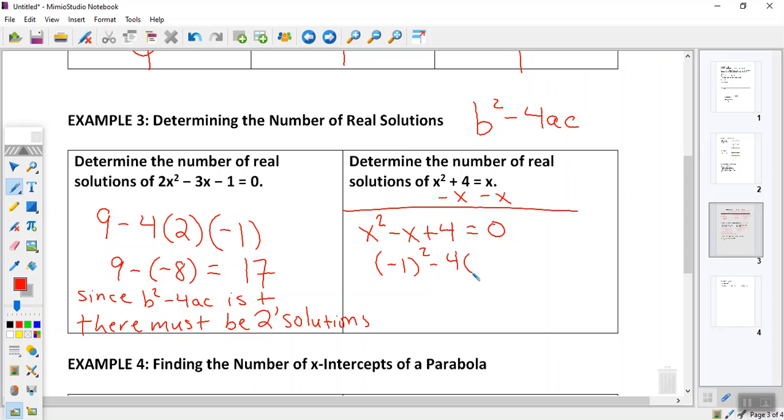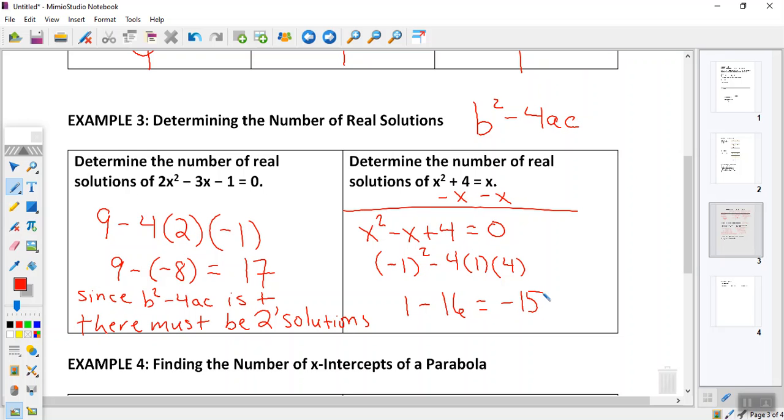What's the c value that I'm going to plug in? 4. Okay, check this out. What's the negative 1 squared, kids? 1. Okay, 4 times 1 times 4. What is that? So we're going to have 1 minus 16 here, aren't we? Help me out. What value is that? Negative 15. So in regards to the solution for our discriminant right here, since we know the discriminant's negative 15,